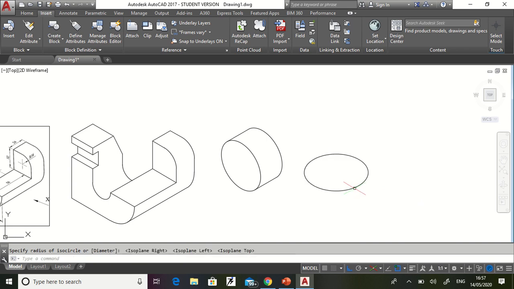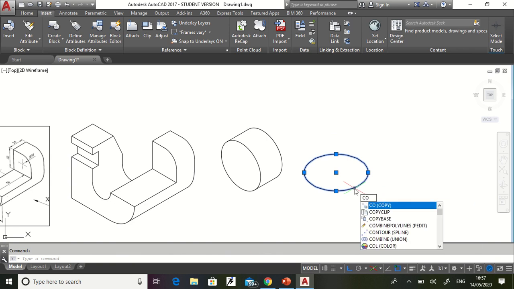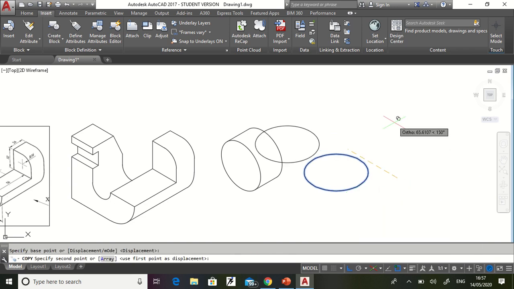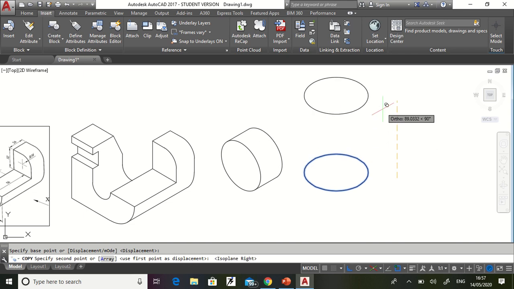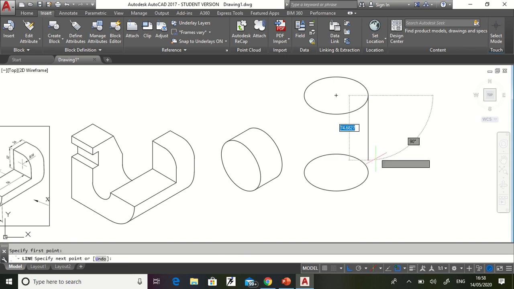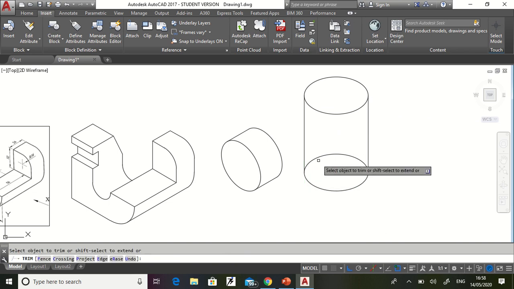So click, select this, copy from here, then this way, function key, drag it, place it, line starting from quadrant to quadrant and line starting from quadrant to quadrant. TR, double enter this one. You can draw the isocircle in this manner.